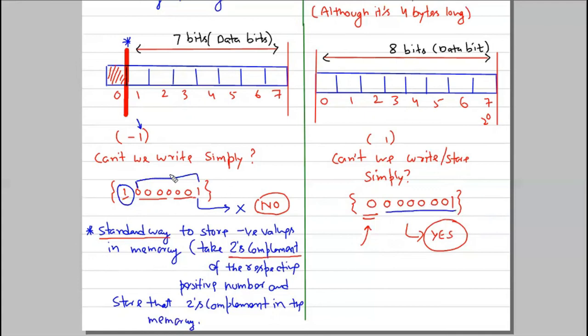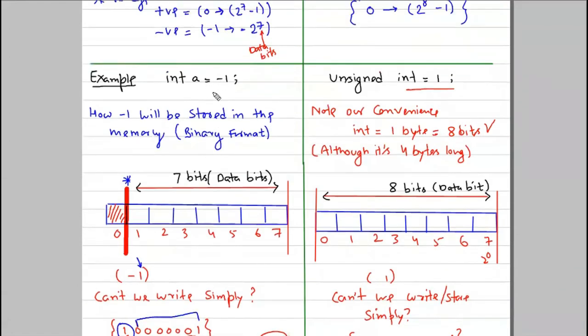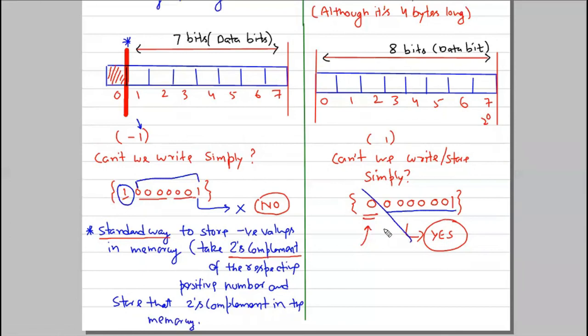That is okay. But for the negative number I'm talking about, even in the signed bit, if you are going to store 1, then the number would be like this. Why? Because this bit would be reserved as 0, and when the computer comes to it, it will note two things: is it a signed bit or is it not a signed bit? If it is a signed bit, then it would consider it a positive number.